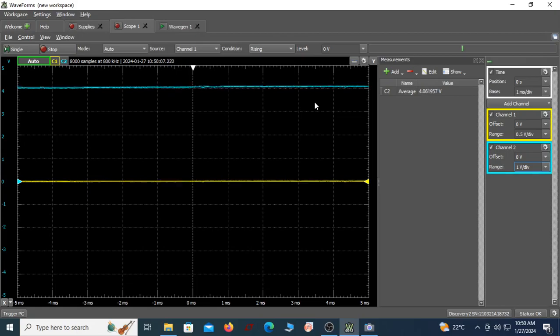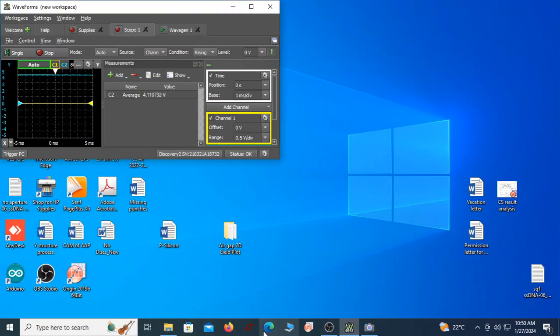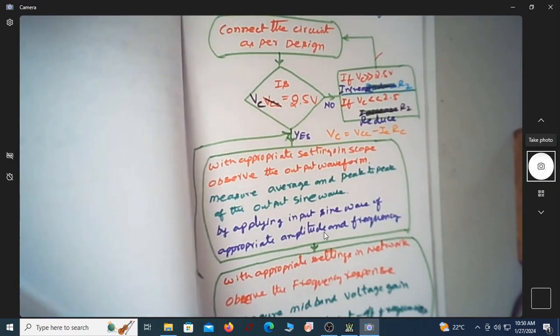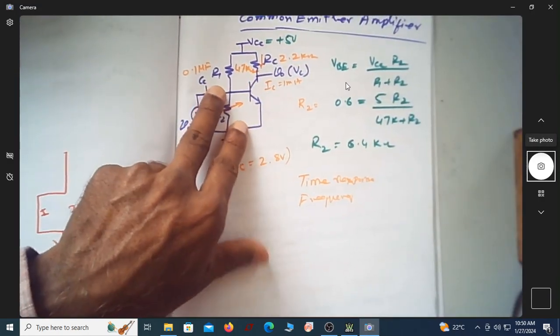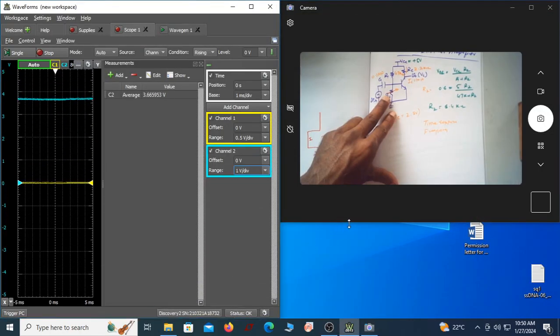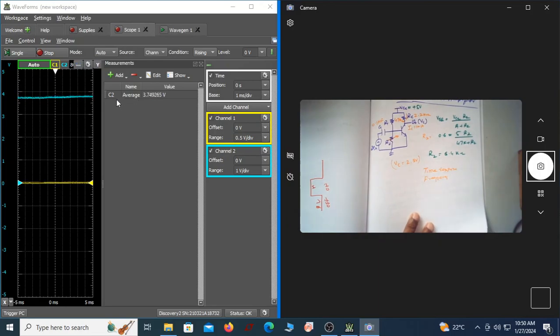Now the value of RC is 2.2K. Exactly, this is my 2.2K resistance. I have this circuit here. So this is the 2.2K I am connecting. Let me just show you this. I have adjusted this, but typically you adjust to 1 volt per division. Let this be 0.5. Now you can see this is the voltage at the collector, which is 3.7,